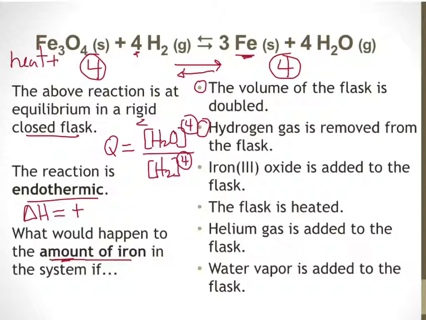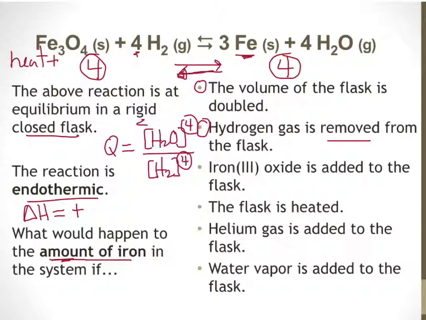Hydrogen gas is removed from the container. First, from a non-AP perspective, we could argue here that the system is going to try to replace it, to try to make more hydrogen gas. Since hydrogen's on the left side of the equation, it's going to shift backwards to make more hydrogen. In shifting backwards, it'll have to use up some of the iron, therefore there'll be less iron at the new